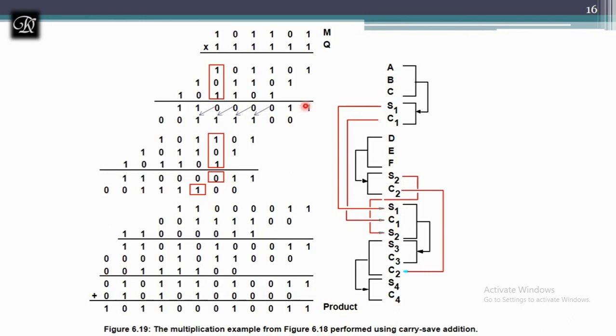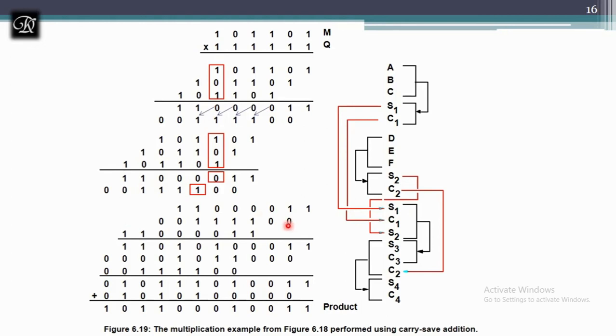So now I am writing S1 as it is over here. You can notice it is 1 1 0 0 0 0 1 1. It is 1 1 0 0 0 0 1 1 and carry is 0 0 1 1 1 1 0 0 0 0 0 1 1 1 1 0 0. Don't change the position of the bits. You should write as it is. Next S2, that is 1 1 0 0 0 0 1 and 1.